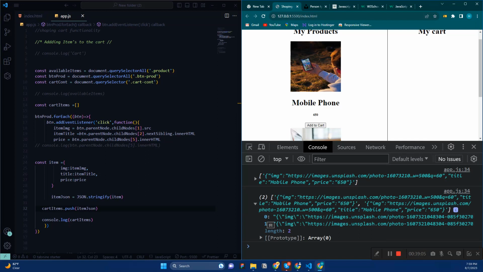So if you don't do this, what will happen? It is going to replace the previous item because it is empty. It is going to replace it and it is going to do this. So now we have our object with us, you can see. So now what is my work is